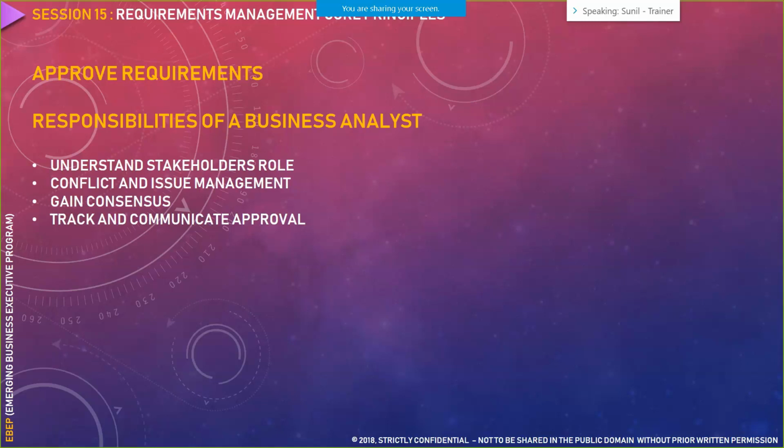Tracking means we track it with our business stakeholder, and communicating means we communicate during our daily status reports that we send to our project managers or product owner, for that matter, that this particular requirement is expected to be signed off by the business on this day. This is the ETA associated with it, and ETA stands for estimated time of arrival, which is when we are expecting to get this particular requirement. So you have to constantly track and communicate the approval.